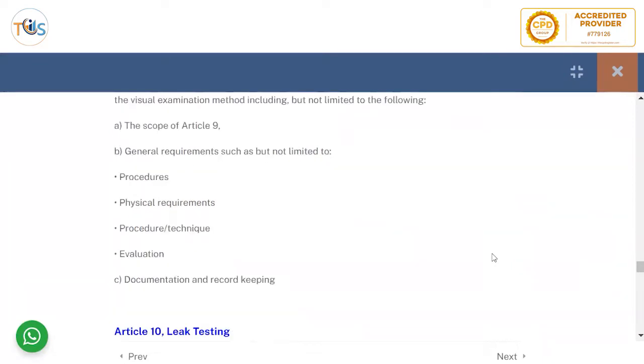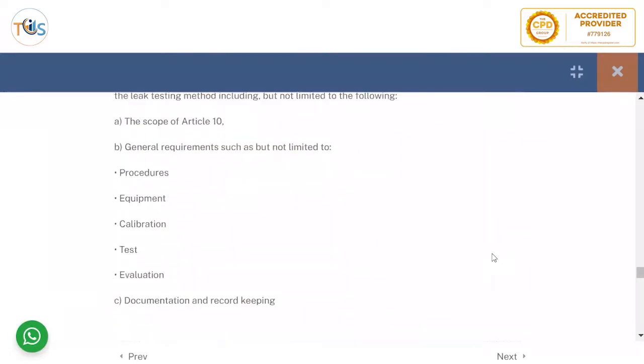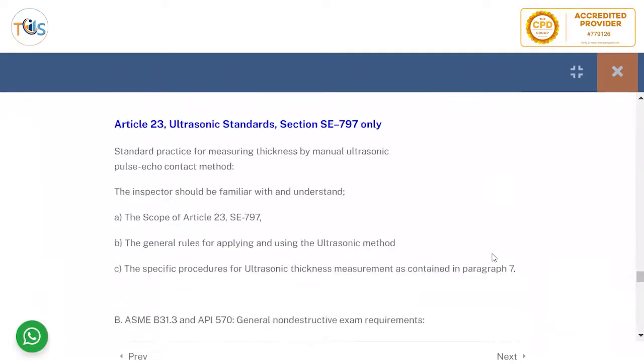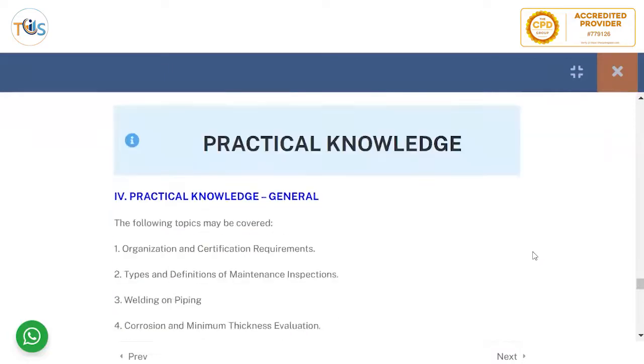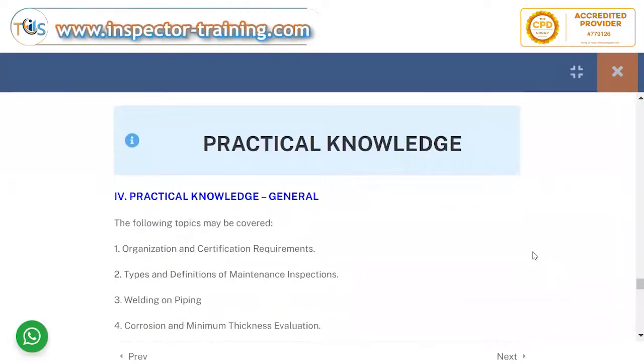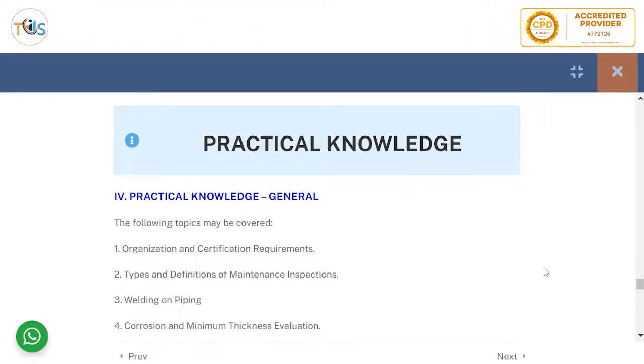And then finally, the visual test, same thing, and leak test. You should know about the steps, procedure, calibration, evaluation, and record keeping. And this ultrasonic standard is only for the 0-degree probe, just for lamination check. But we have also brought a complementary UT section, which covers other techniques of UT as well. And now the practical knowledge, they also summed it up. This is practically based on